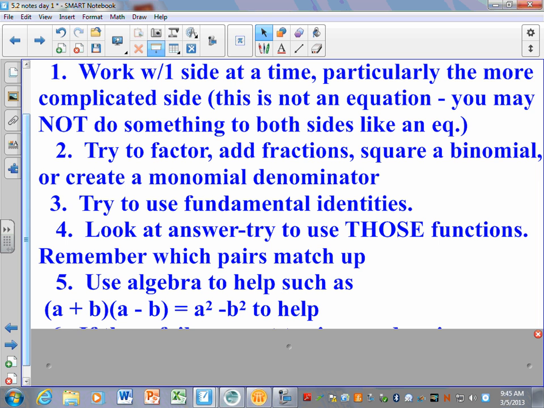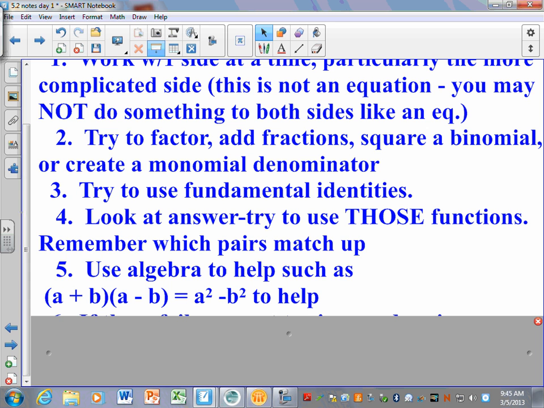I kind of put these in order of what I think are the tricks you should do. Like, these are the things you should be going with. Number 6, some people like to think of this as their first step, and I don't think that this is a good idea. But if you can't figure something out,